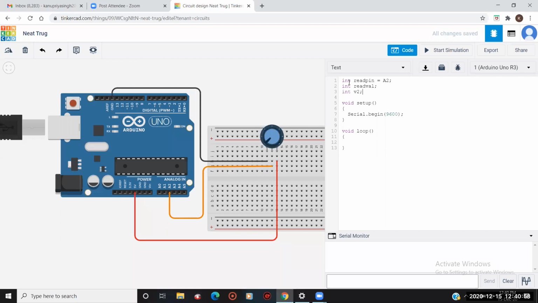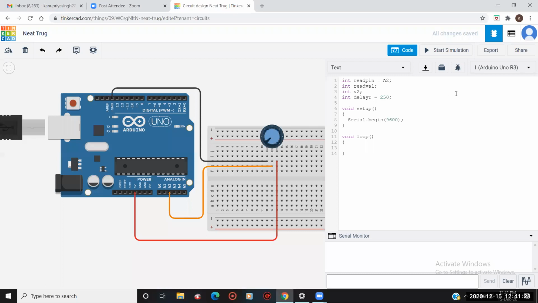And for the delay we know how to make a delay variable, right? Delay t I'll be using here also, and I'll assign it 500 only. Not more, not less. Actually 500 will be too much, so let me assign 250.